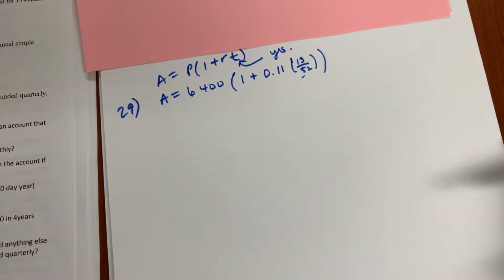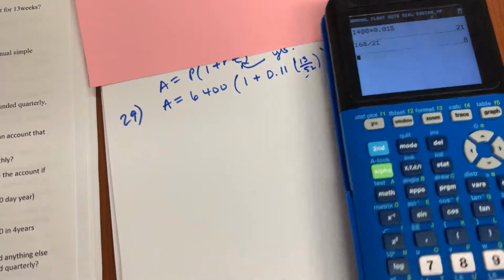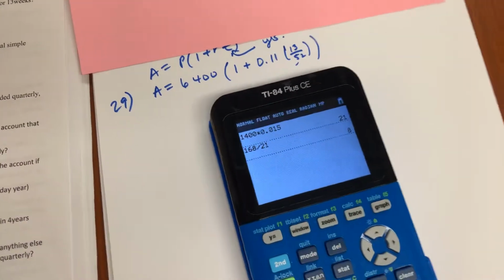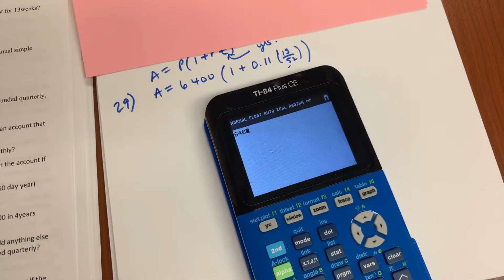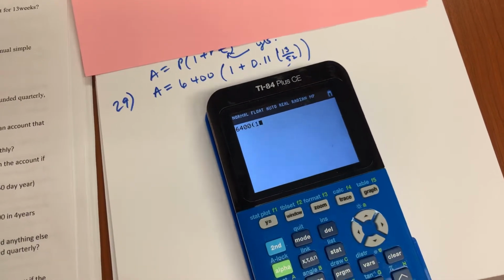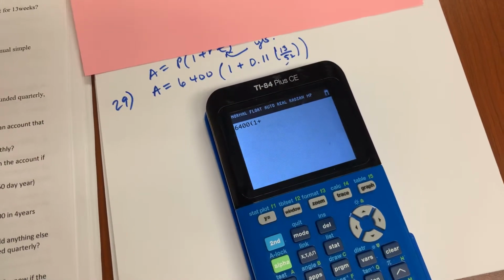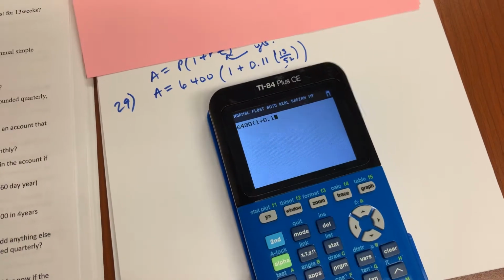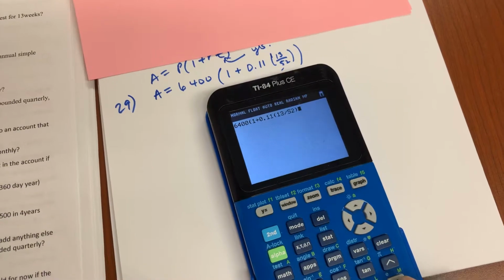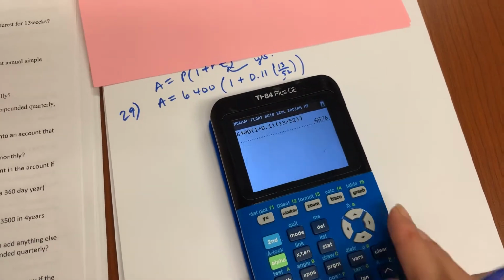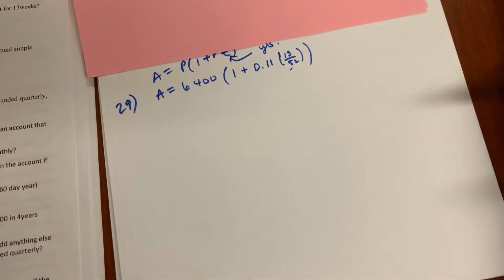So we have 6400, open parenthesis, 1 plus 0.11, open parenthesis, 13 divided by 52, close that parenthesis and close the bigger parenthesis,